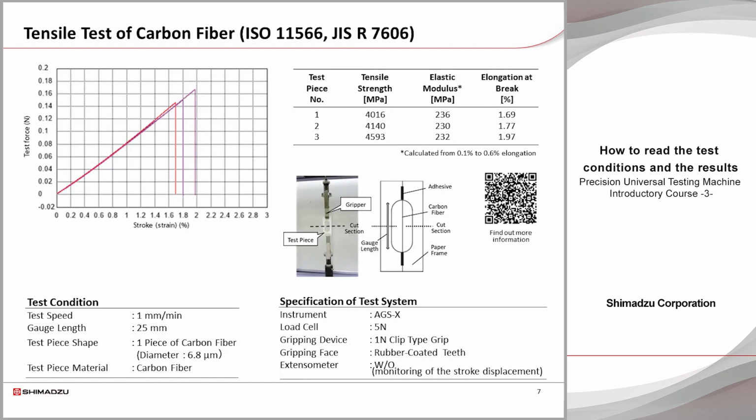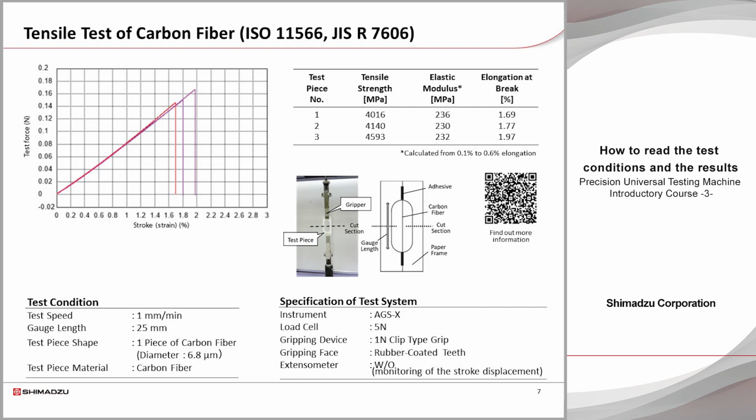Following is an example of tensile testing of carbon fibers according to JIS R 7606, carbon fibers, tensile properties of single fibers, which is based on ISO 11566. Carbon fibers are embedded in matrix resins such as epoxy resin and used as composite materials. Carbon fiber reinforced plastics, in which carbon fibers are used as a reinforcement, have very high specific strength and specific